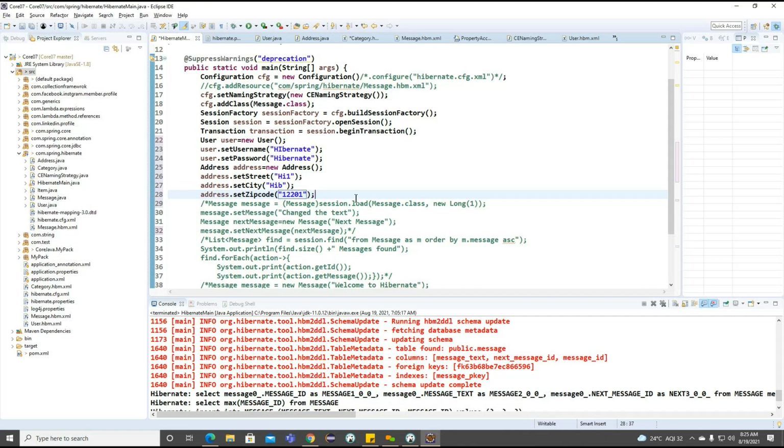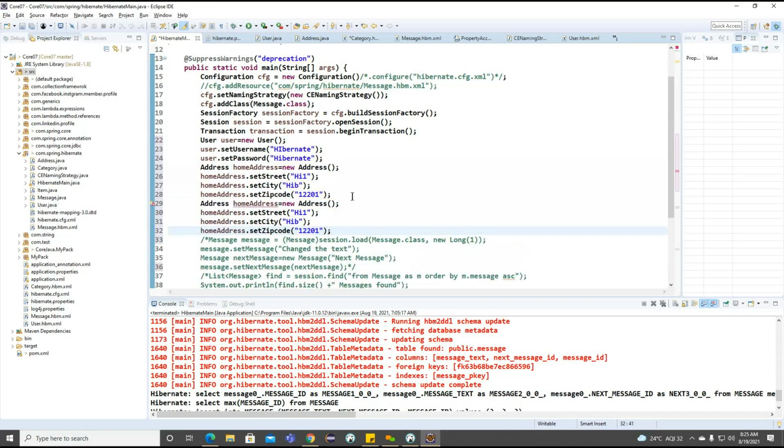Right? And if you observe carefully, this address I want to make home address. Getting the point? If I want to make home address, we need to change the address section of code here. We want to change this particular home address. Let's see. Okay. Now billing address.